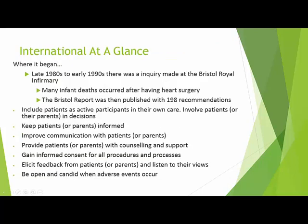Major changes occurred within the National Health Service within the United Kingdom. After an inquiry was launched about the Bristol Royal Infirmary experience, a significant number of infant deaths occurred after heart surgery within the late 1980s and early 1990s. Although there were many unsafe practices involved and discovered in the inquiry, one of the major recommendations of the total